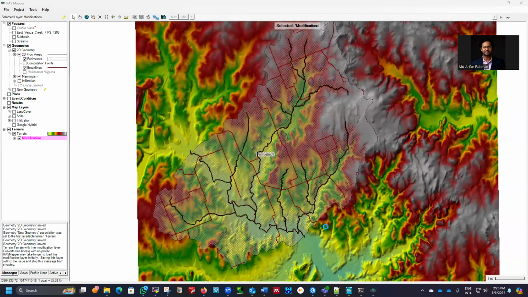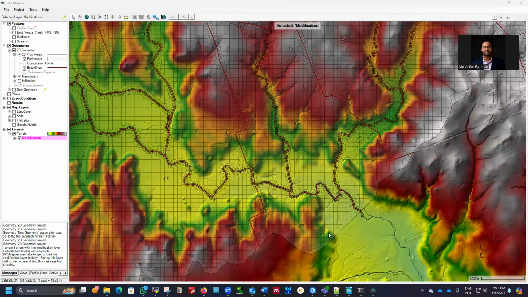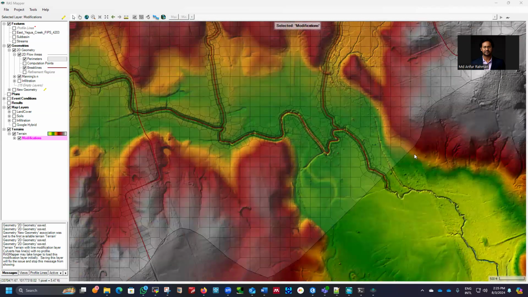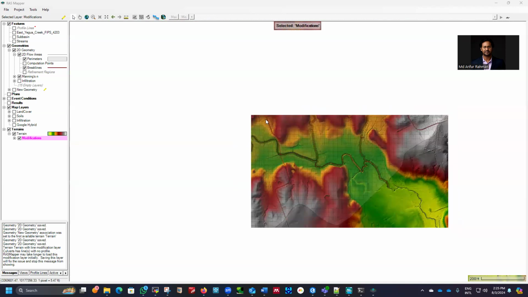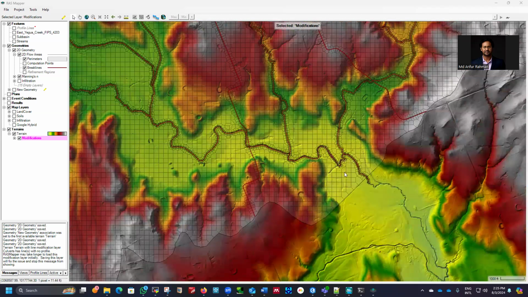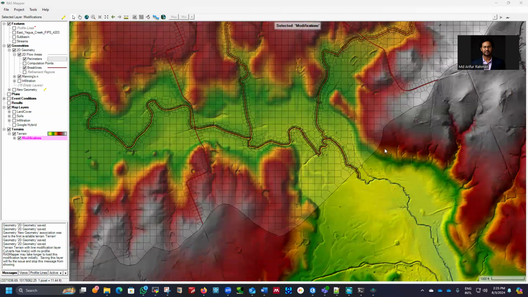At the very downstream, we'll use the same condition as 1D, like normal depth. That's okay here. The condition is we need to draw a line from left bank to right bank. How can we determine if a bank is left or right? The flow is coming from upstream and flowing this way. So if you just look at the downstream side, the left will be the left bank and the right will be the right bank. So that's the left bank and that is the right bank. We have to draw a line from this side to that side,